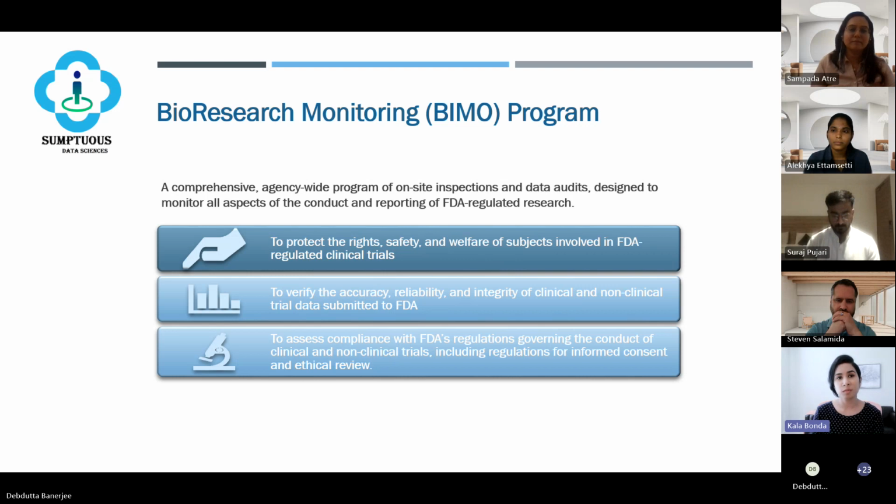So they came up with this BMO program. It's an agency-wide program of on-site inspections and data audits that were designed to monitor all aspects of the conduct and reporting of the FDA-regulated research. The main scope of this BMO program is to protect the rights, safety, and welfare of the subjects,